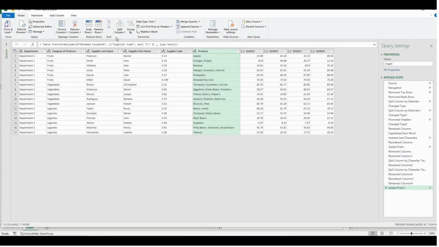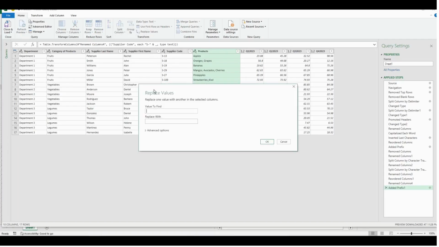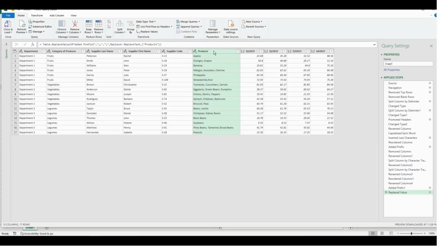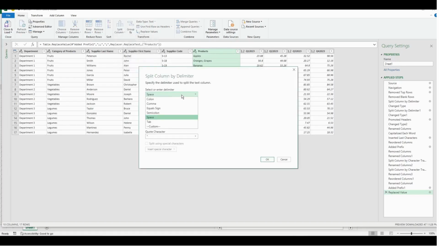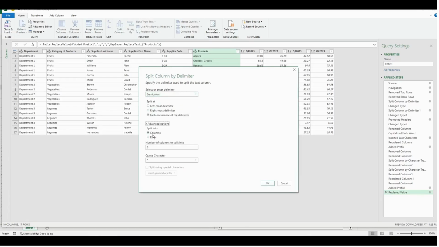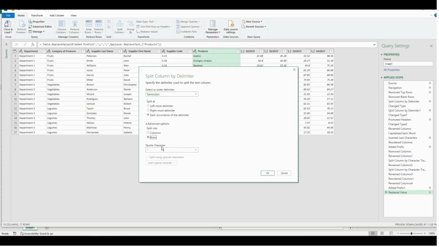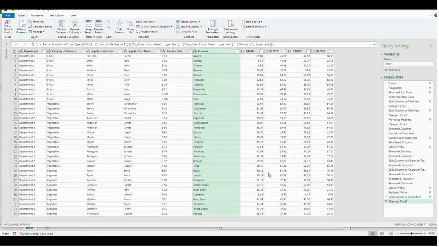So we go to Home, Replace Values, and we will replace two semicolons with one semicolon. And if we go to Home, Split Columns by Delimiter, the delimiter will be semicolon, and from the advanced options, we will select Split into rows. And here we are.